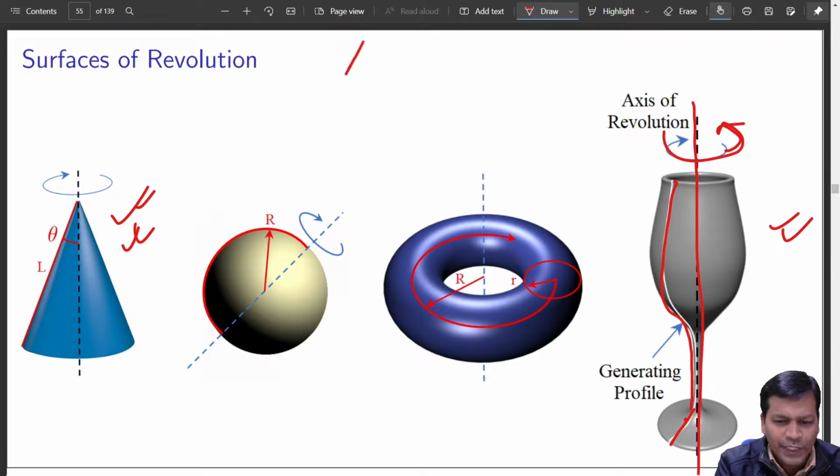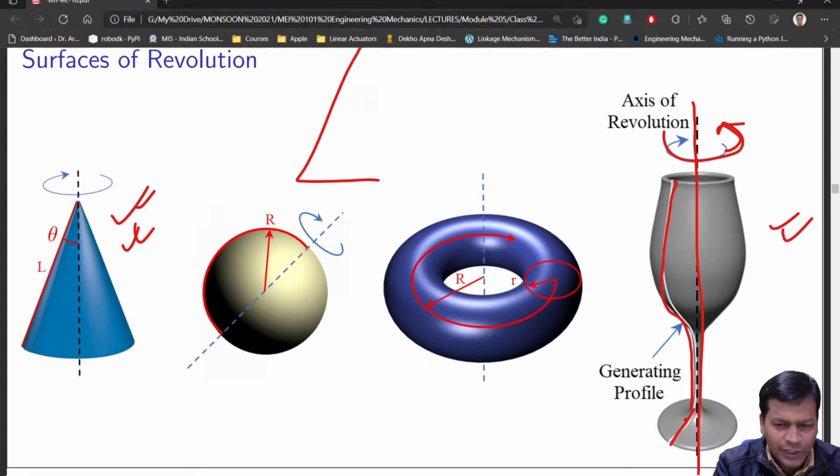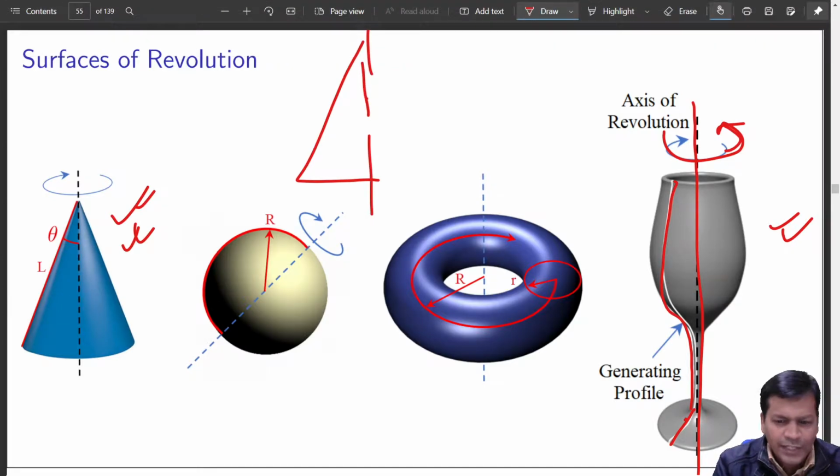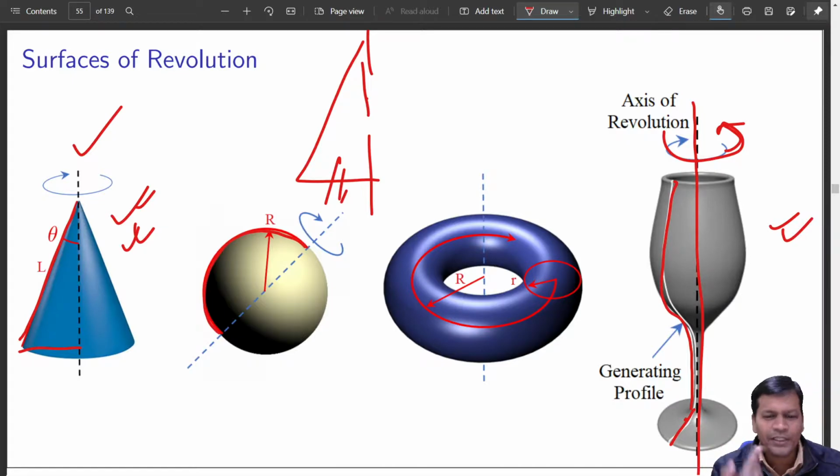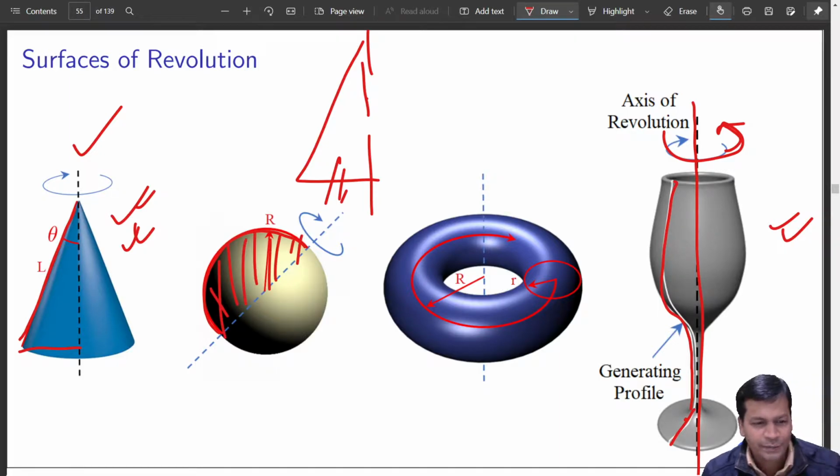Because if you rotate something like this about a vertical axis, then you will get a closed cone. From the bottom you will also have a lid. Now that it is just an inclined straight line, it was not like this, so when you rotate it, it will not create this boundary. That is why it is like this. Got it? Again, you have a semicircle and you rotate it, it will create a hollow sphere. If at all it is a disk, it will create a solid sphere.